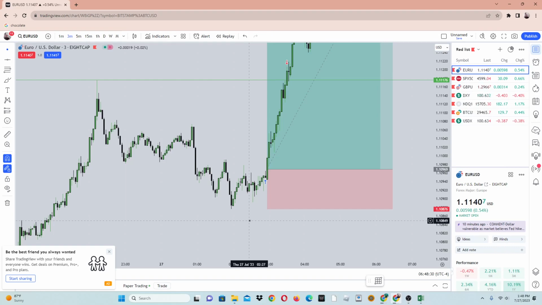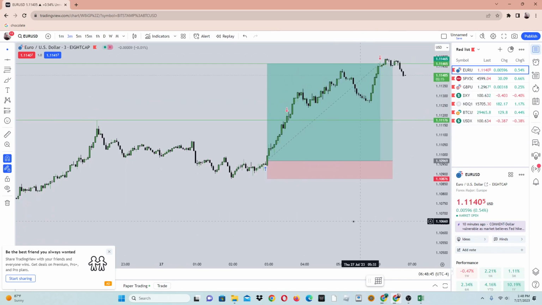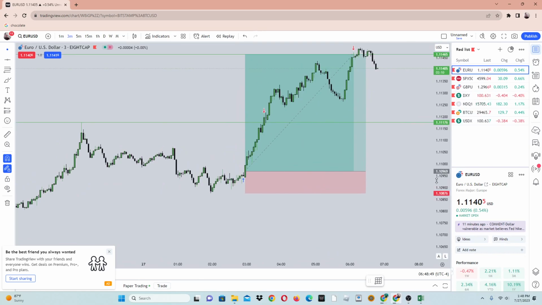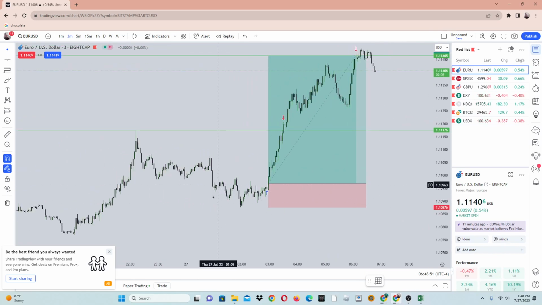For example, I execute my analysis on the daily chart, the same as on the hourly chart, the same as on the lower time frame chart, and this is how I proceed into my daily analysis to see how I can have an opportunity to